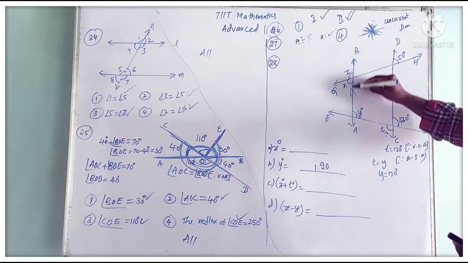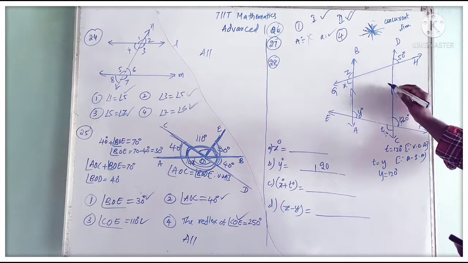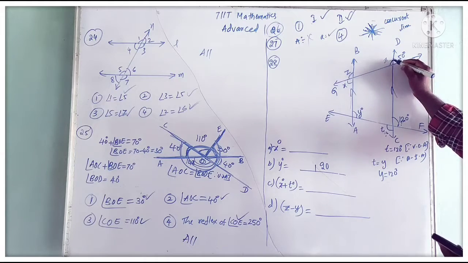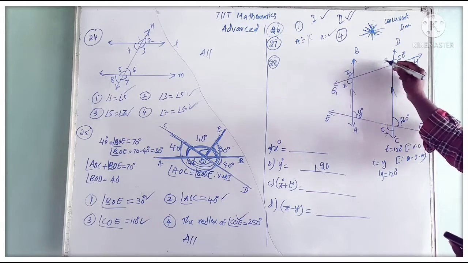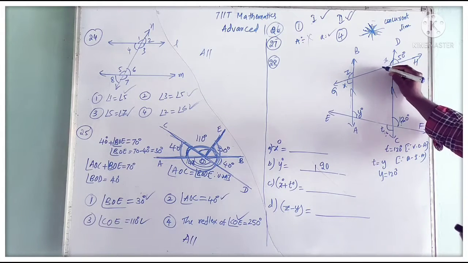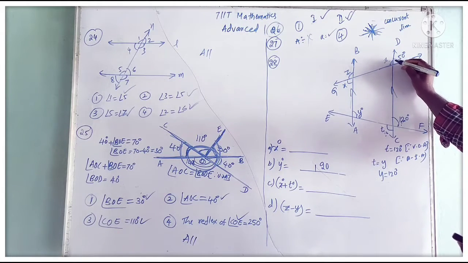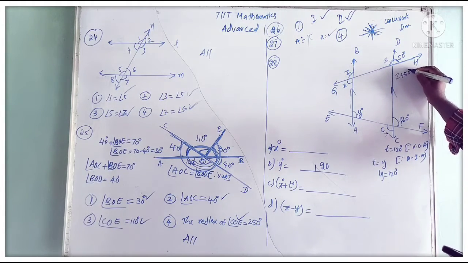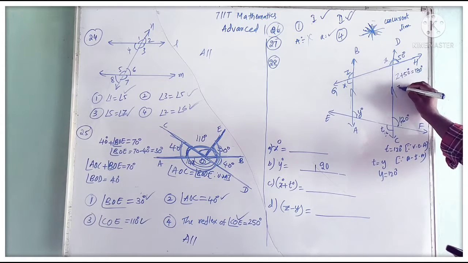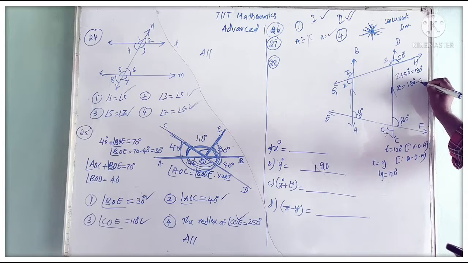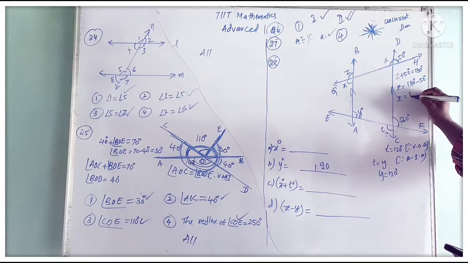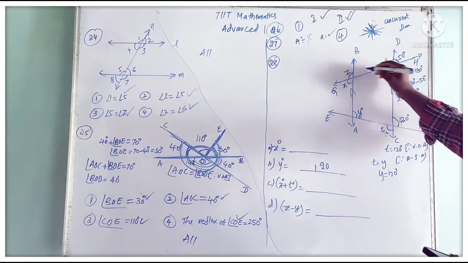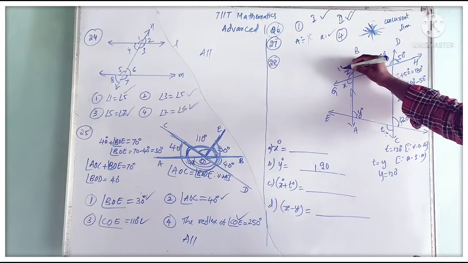Next, see from the figure. AB is parallel to CD, and this is a transversal. This angle Z is equal to this angle, so this also becomes Z because these two are corresponding angles. From the figure, this is a straight angle, so the sum of these two angles equals 180 degrees. So Z plus 50 degrees equals 180 degrees. Then Z is equal to 180 degrees minus 50 degrees, which is 130 degrees. Z is how many degrees? 130 degrees. So this also becomes 130 degrees.